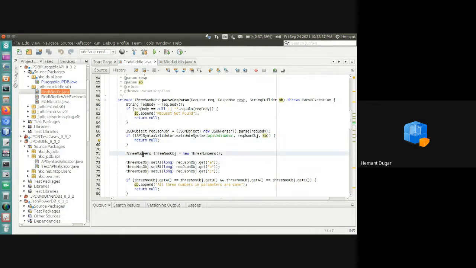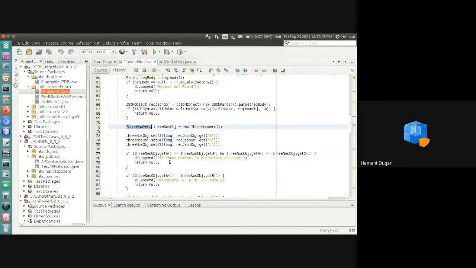Now we have this object with us. We have created a new 3 numbers object, which is an empty object. Because our request is validated, we have used the setter methods set a, b, c, taking a, b, c out of the request object, converting them into long, and storing them in this 3 numbers class object.